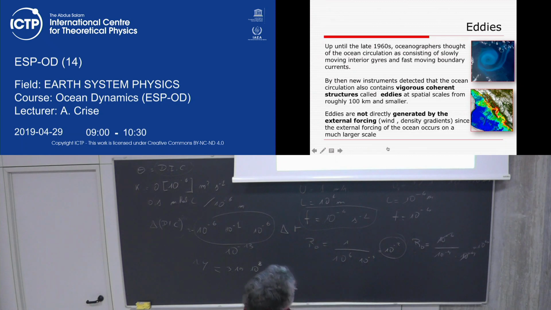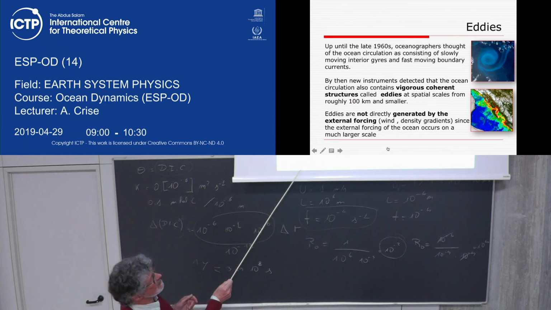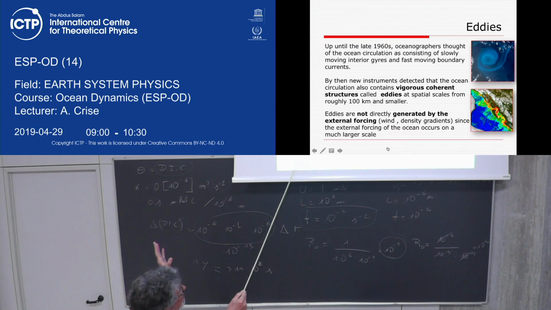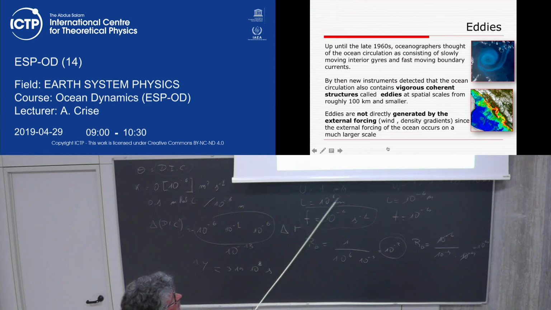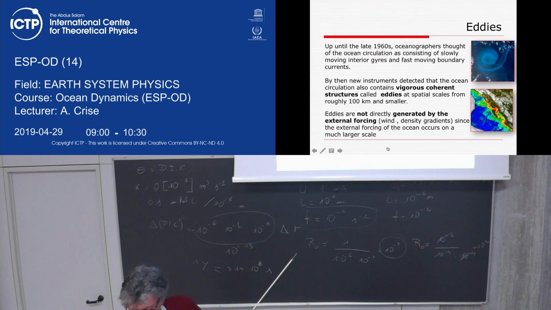And the eddies are so vigorous, coherent structures. They are not larger than 100 kilometers, but even more frequently smaller ones. And they last for days, but can last even more